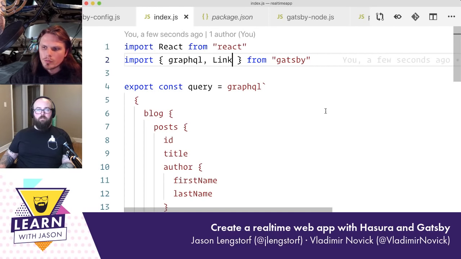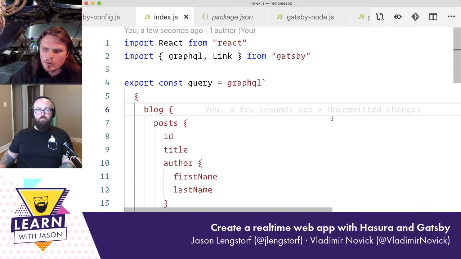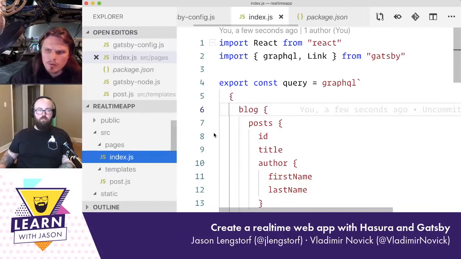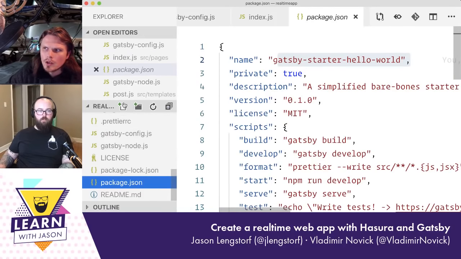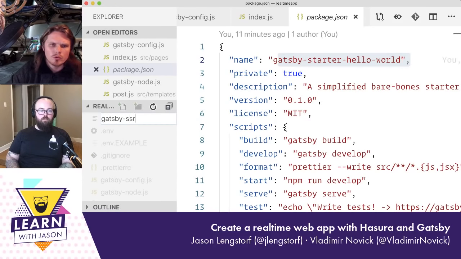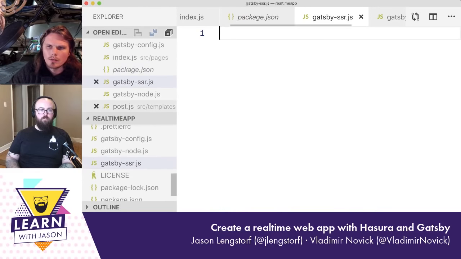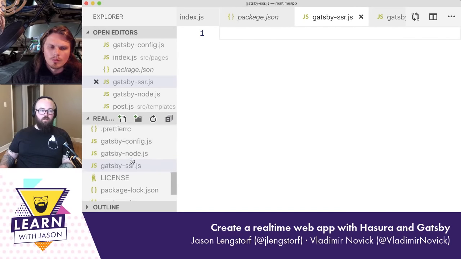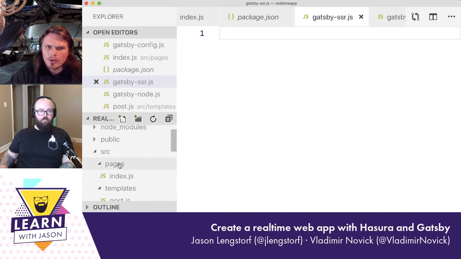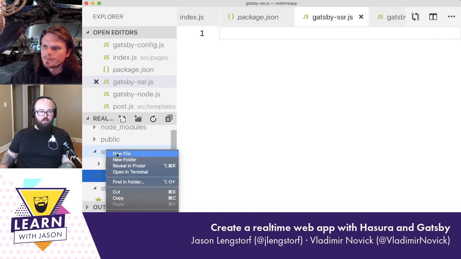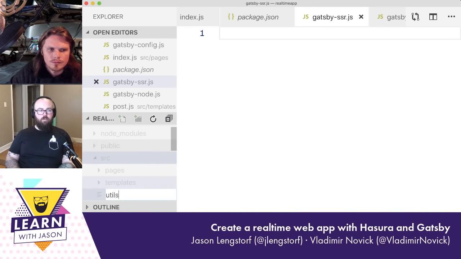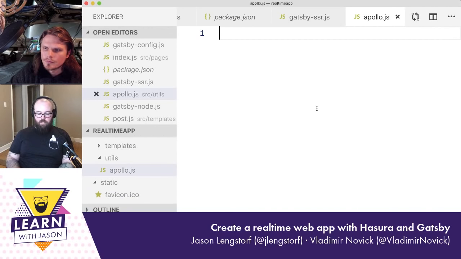So basically, what we need to do is create Gatsby SSR and Gatsby browser, right? And we need to basically wrap the root element and adjust it for being rendered either on the server or on the client, right? Yes. So we can create a file called utils, and we'll do apollo.js. And in this, we are going to